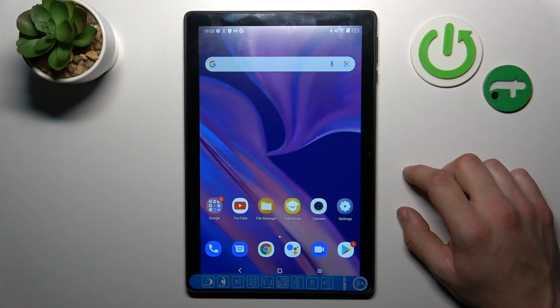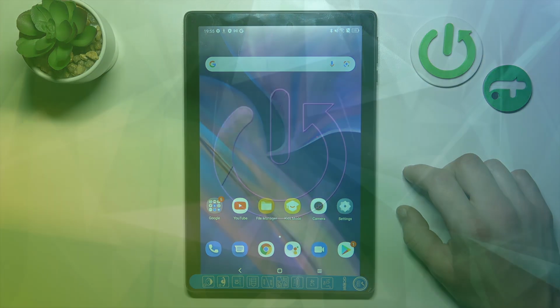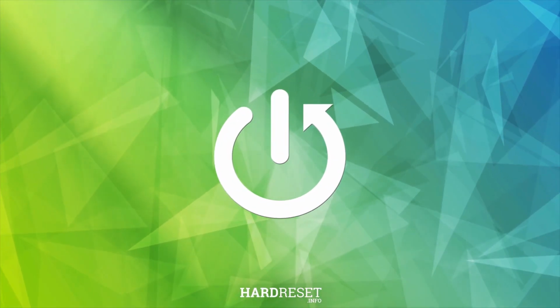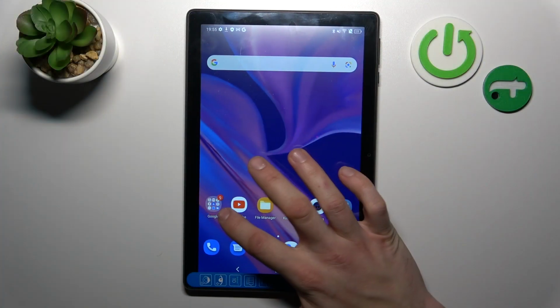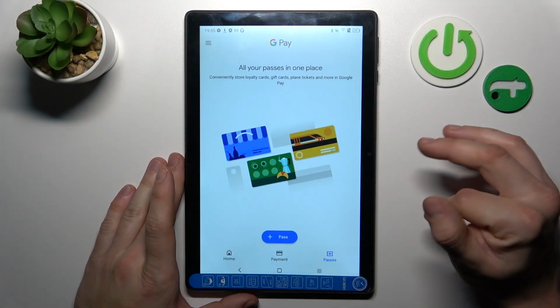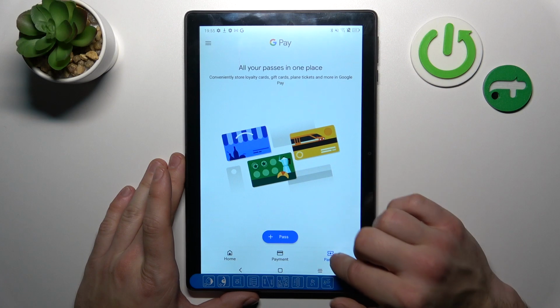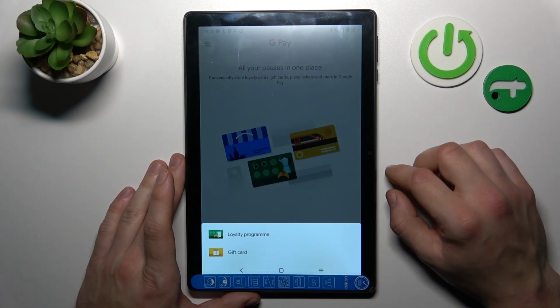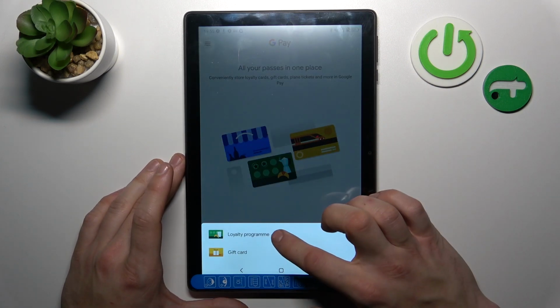Hello, in front of me I've got Alcatel 3T10. In this video I'll show you how to add passes to Google Pay app. In the beginning, let's go to Google Pay app, tap passes and plus pass, and now focus on loyalty, program